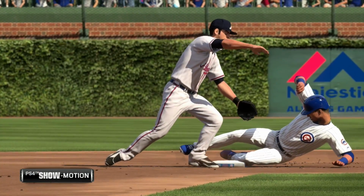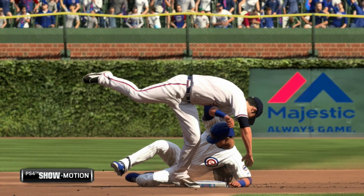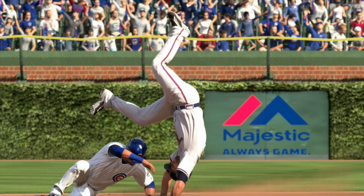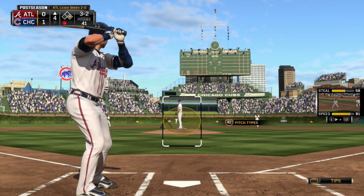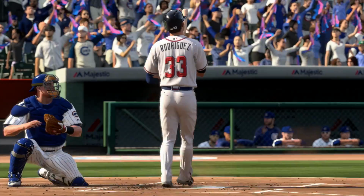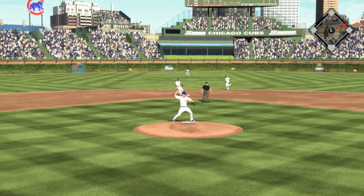in to actually take a look at the replay. Watch Peraza tumble over here. This was a pretty nice replay as his body sort of warps through, not Starlin Castro. I think that was Arizmendi Alcantara's, but either way, pretty nice animation from MLB The Show. I don't think I've actually seen that yet in this year's game, so pretty interesting to see an animation you haven't seen yet in November of a game that came out in March,